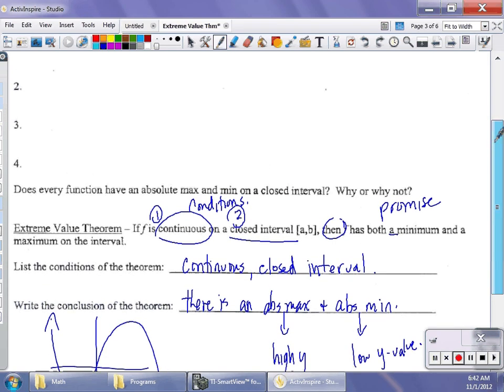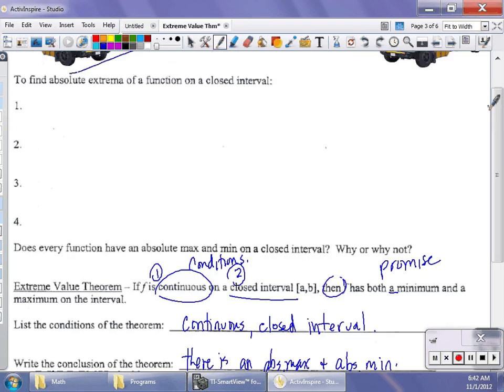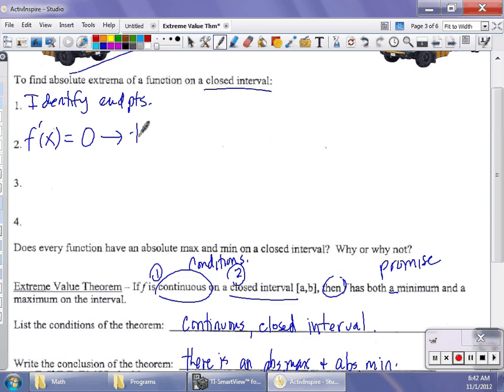Then to find that absolute minimum, because the absolute extrema will occur at either the endpoints or critical numbers. So the first thing we have to do is identify the endpoints. Well, they're given because that's going to be your closed interval. Secondly, we have to find the first derivative, and we set the first derivative equal to 0 to locate the critical numbers,